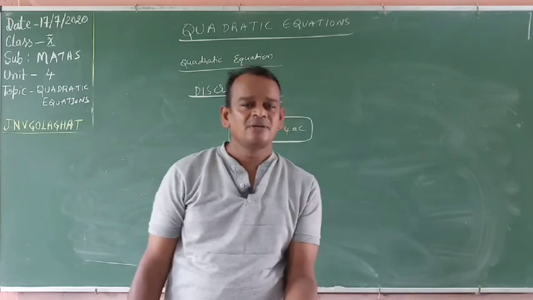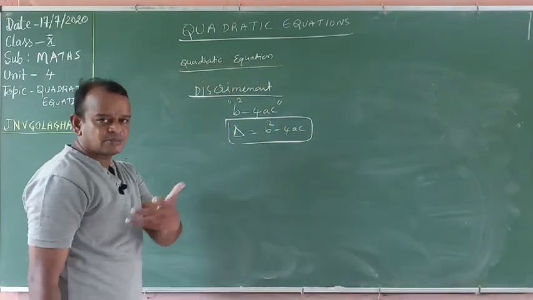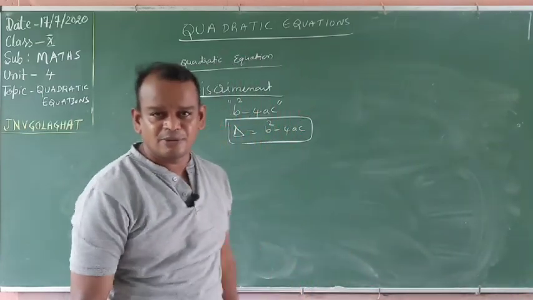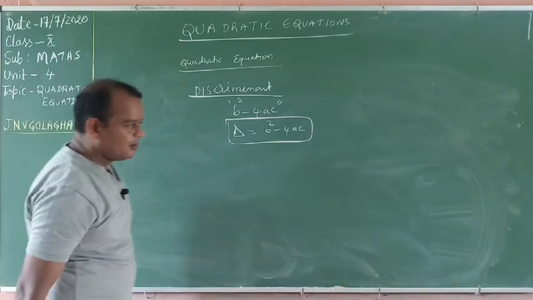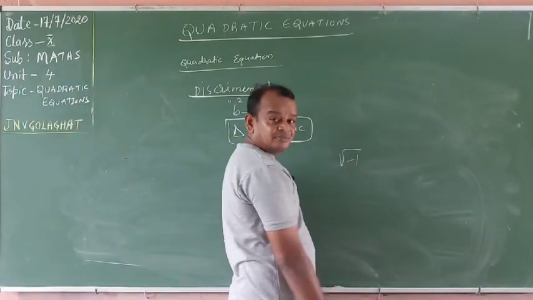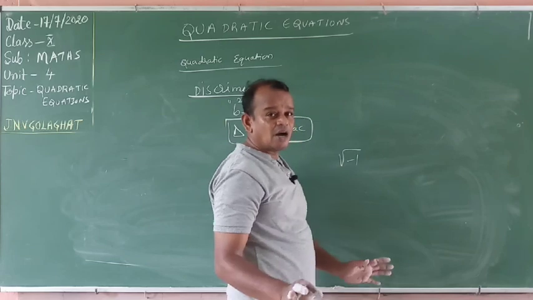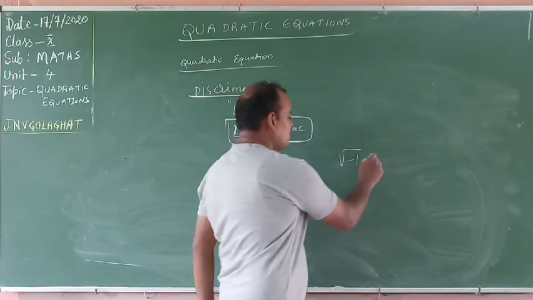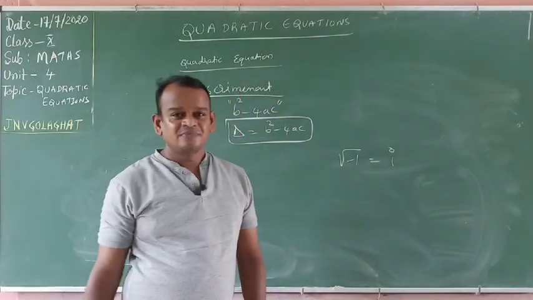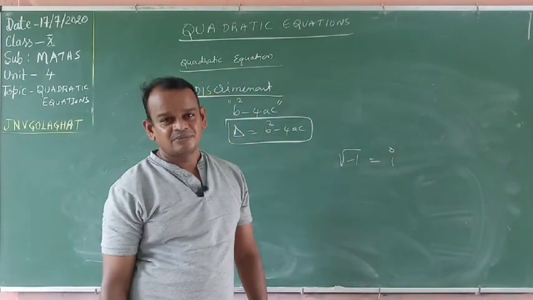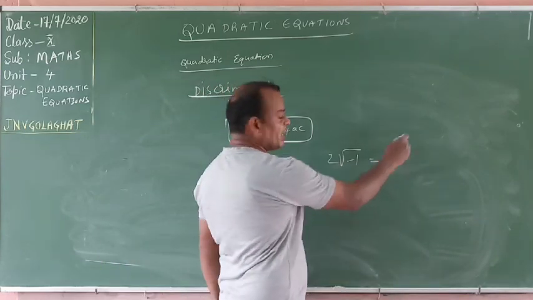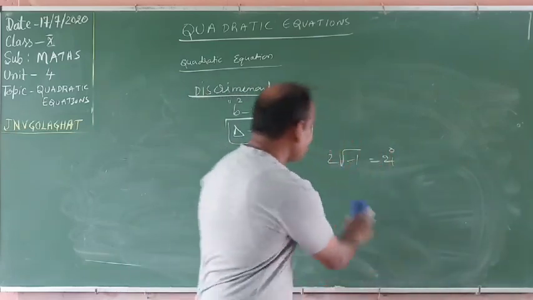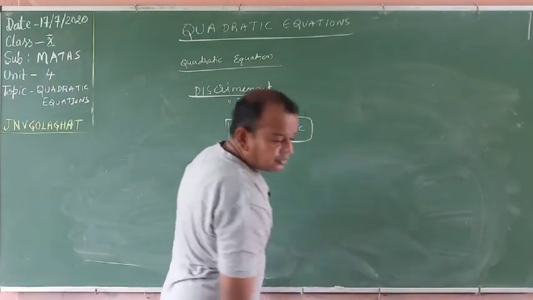x is a real number. You know the real numbers run from plus infinity to minus infinity, all numbers, a big set. The other big set is called the complex number set, which we discuss at class level, no problem. What is the value of root of minus 1? Up to 9th class you don't know, root of minus 1 means not defined. But root of minus 1 is equal to iota, and that is called a complex number. For suppose 2 into root of minus 1 is equal to 2i. That is a complex number. The roots can be complex numbers. Understand? Okay.